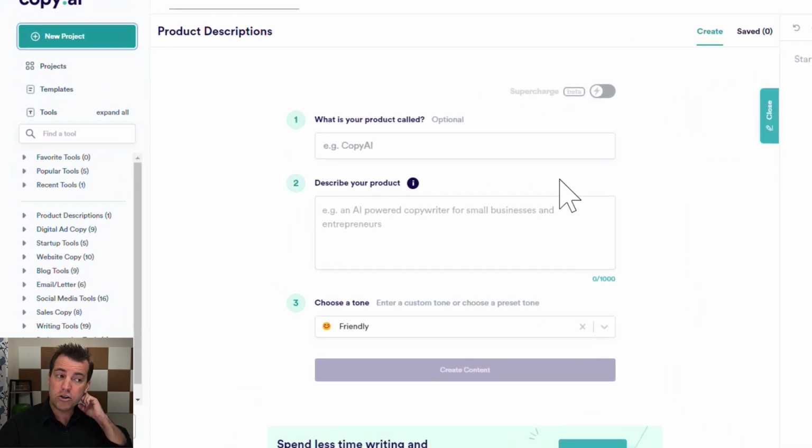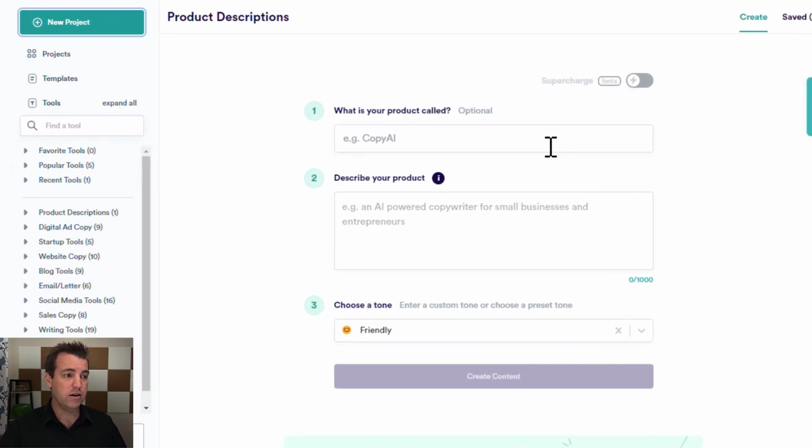And in the new project fields here, it's going to ask us what our product is called, and we are creating a training. So let's go ahead and tell it what we're doing. Actually, no, it's not an introductory. We are going to be creating an introductory video, but the product is more the training module that we are trying to create. So it is a workplace training module on prioritization